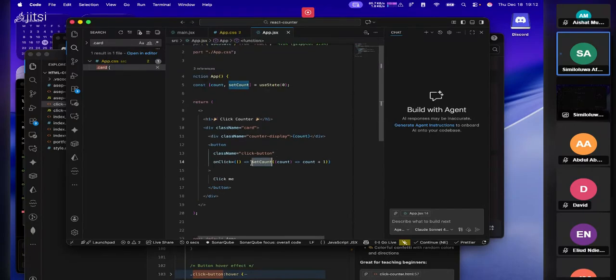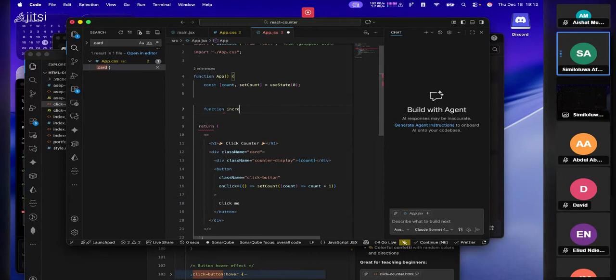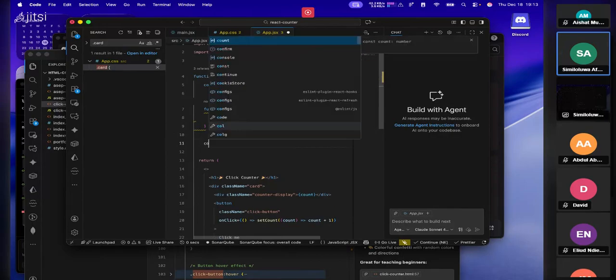We basically wrote the function, and another way you can do it is to write the function and say function increment count. Increment count just means you want to add more count, right? And you write this. And another way you can write this function is by saying const